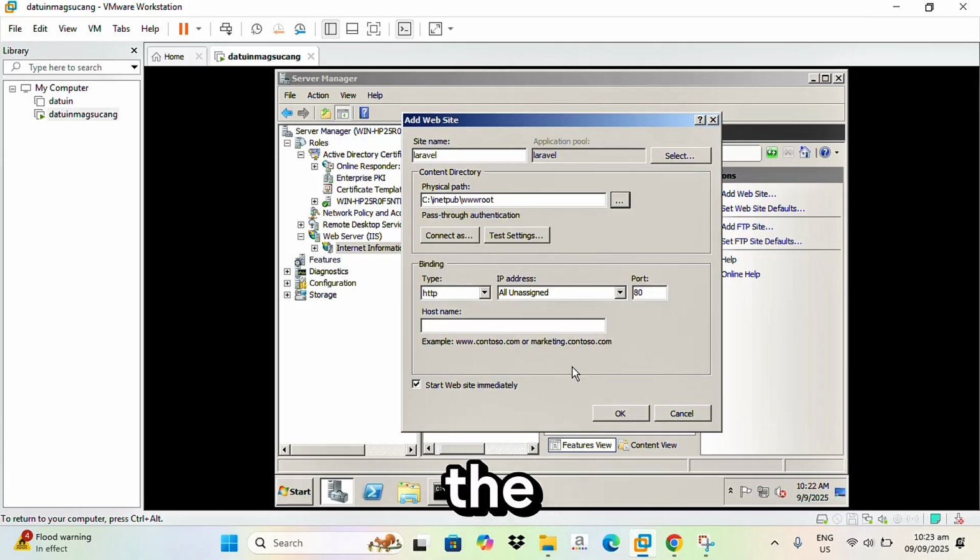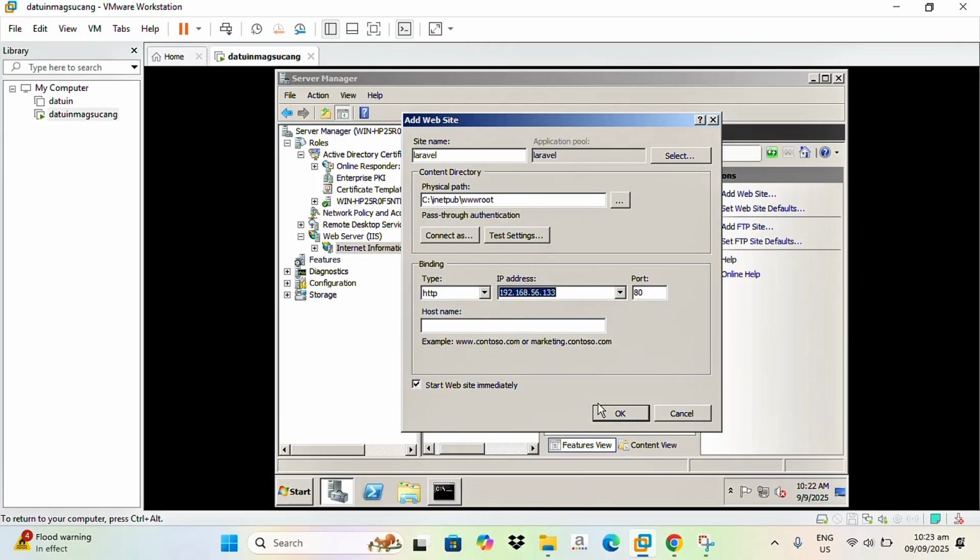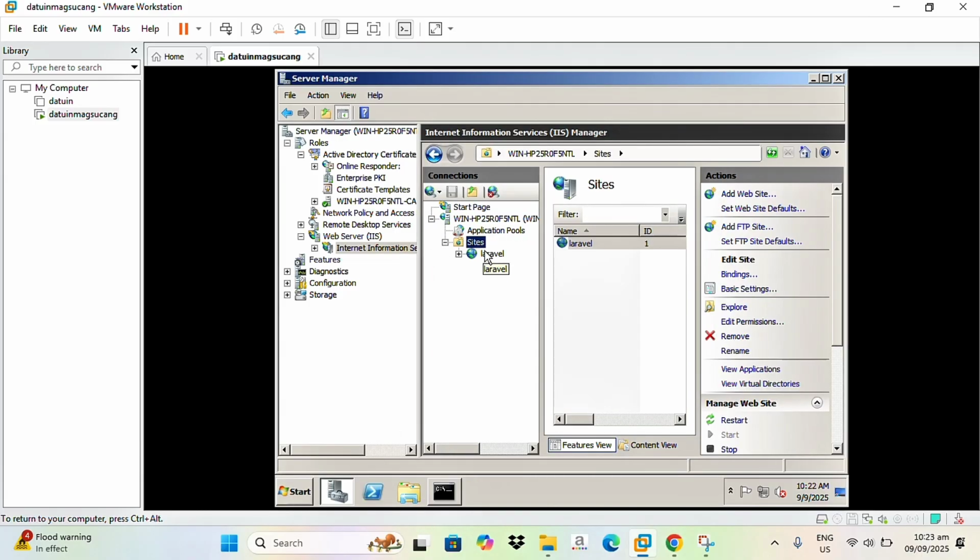And then in the IP address, select 192.168.56.133, and then after, click OK.